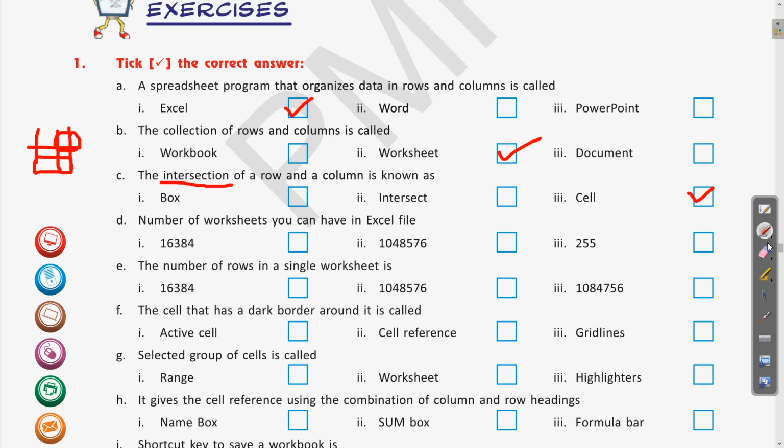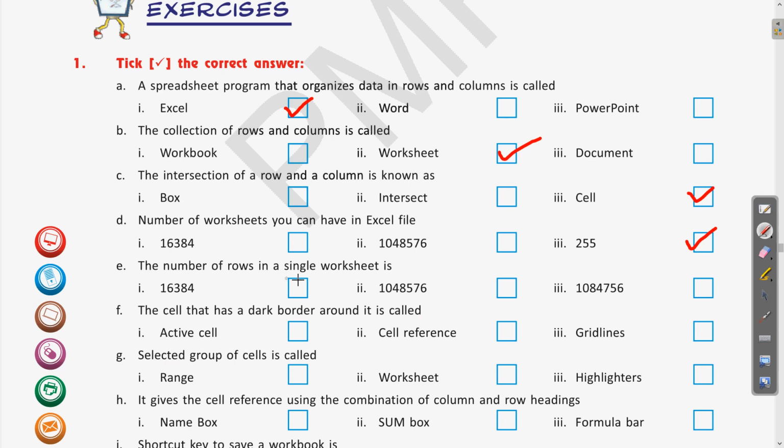So the answer is cell. Now let us erase this. Next question: the number of worksheets you can have in an Excel file. What is the maximum number of worksheets in an Excel file? It is 255. Clear?